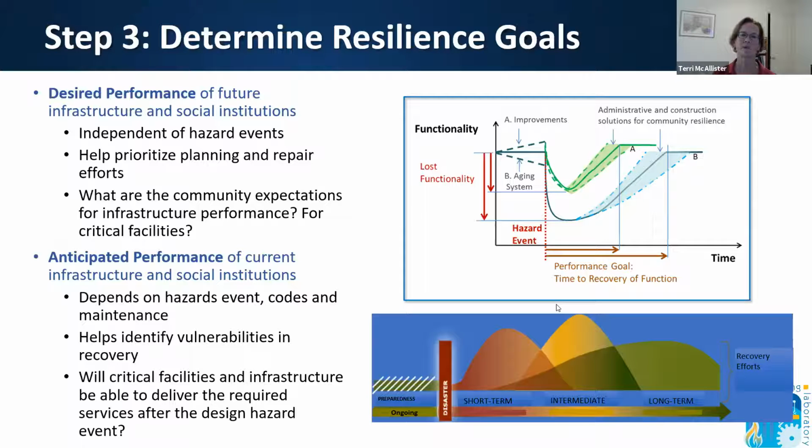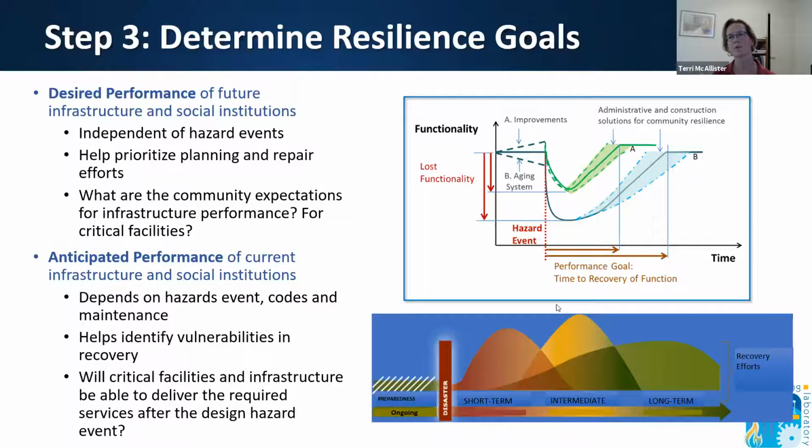And in terms of desired performance, you really don't have to specify a hazard. And this is a hard concept for some folks to pick up on, because what you want to know is, when do I need my hospital open? When do we need our schools open? When do we need to have our businesses open? These questions are usually more about the finance, the economics, and the support of your families in your community than they are about the hazards.